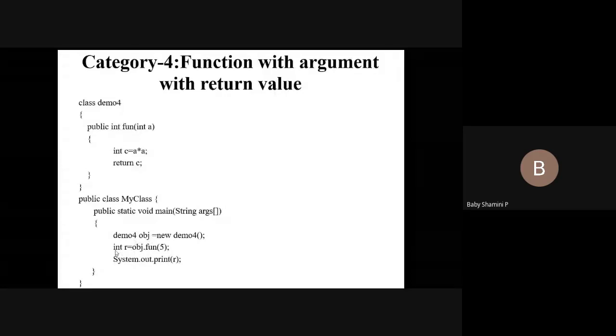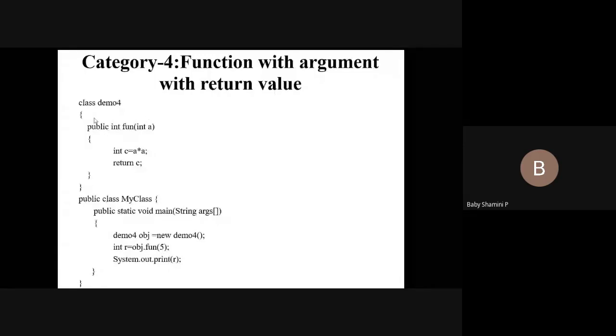Next, I'm going to store my result in the variable r, because the function definition returns some value. So int r equal to obj.funnow. This is my function call statement fun(5). This is function with argument. So this argument is passed to the function definition. I am passing an integer value, so this is an integer data type. If I am going to declare a floating point value here, use float as the data type. So obj.funnow(5), once the controller reaches this line, again it moves to the function definition.